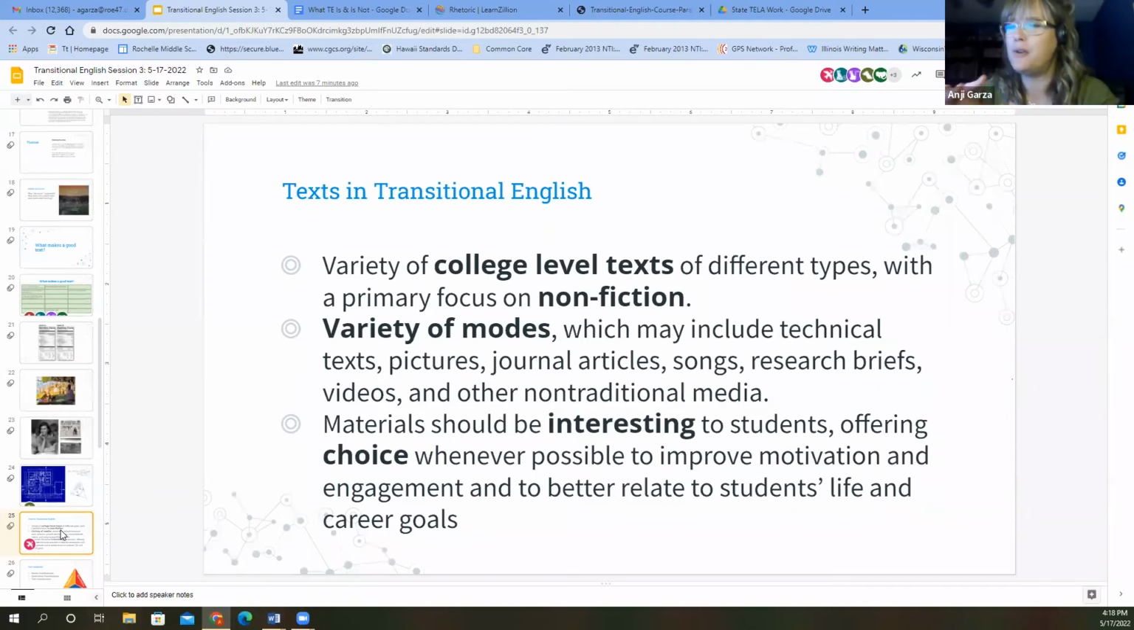I can tell you, I don't know about you all, but when I went to do my undergraduate work, that was the first time I had read a journal article or a research brief. I felt pretty helpless because I did not know how to navigate that text. So I think that is something important for us to consider as we're creating these opportunities for students within this